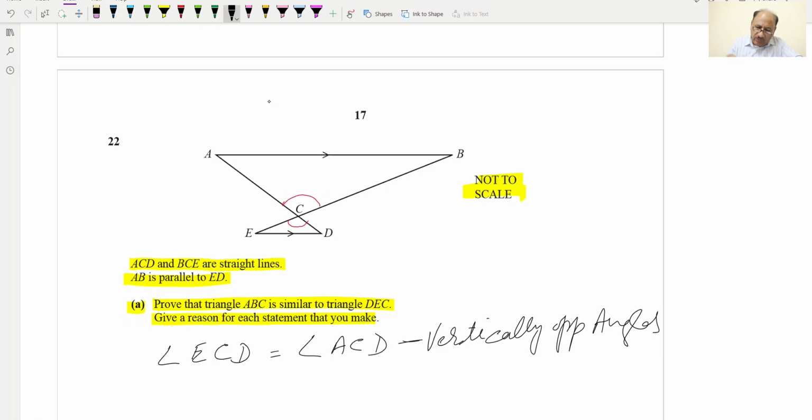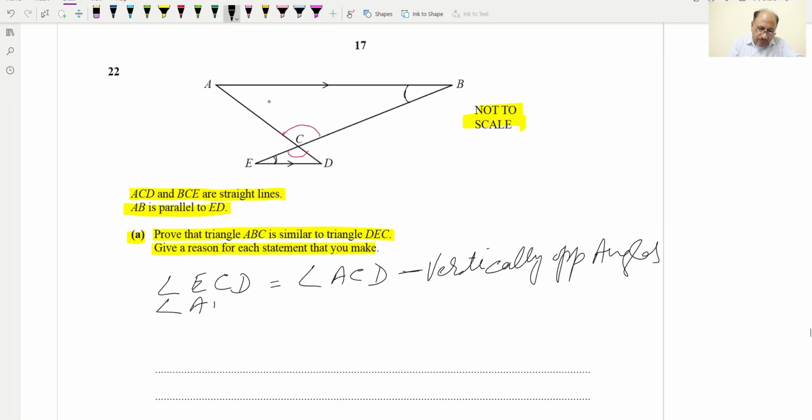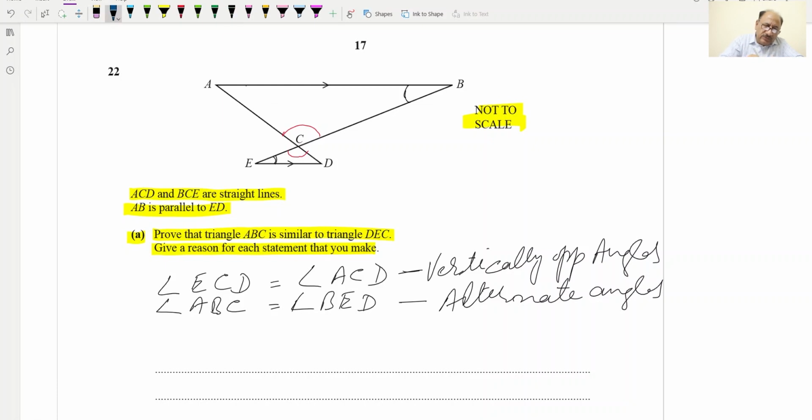And this angle will be equal to this angle, means angle ABC will be equal to angle BED, and this will be alternate angles. Then this angle, angle BAC, will be equal to angle CDE,